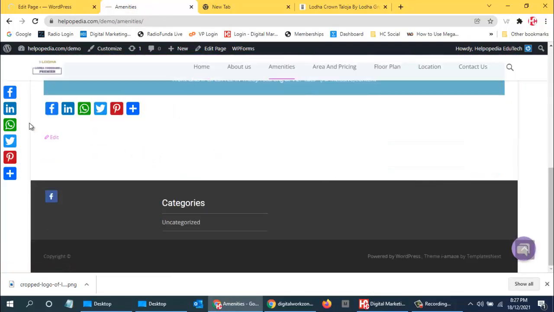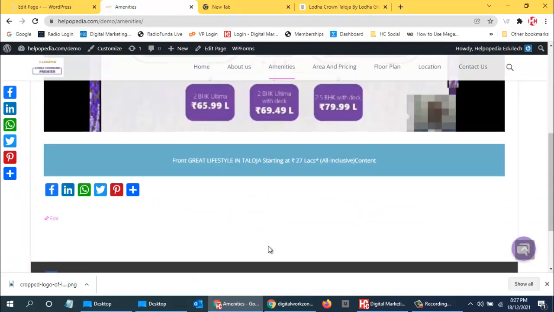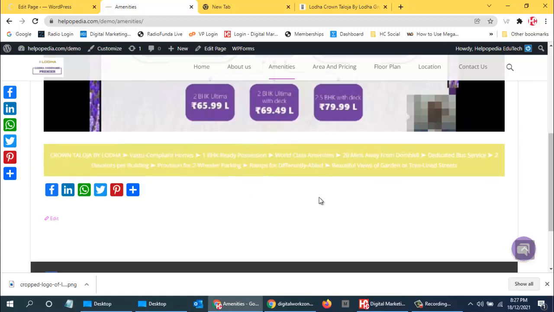Or see over here, you can see this. So this was the front: great front gates lifestyle in Taloja starting at 27 lakhs all inclusive. So this front content is coming up over here, so I need to remove it.